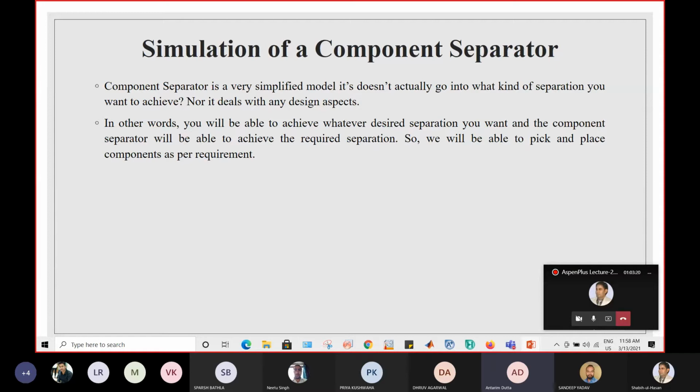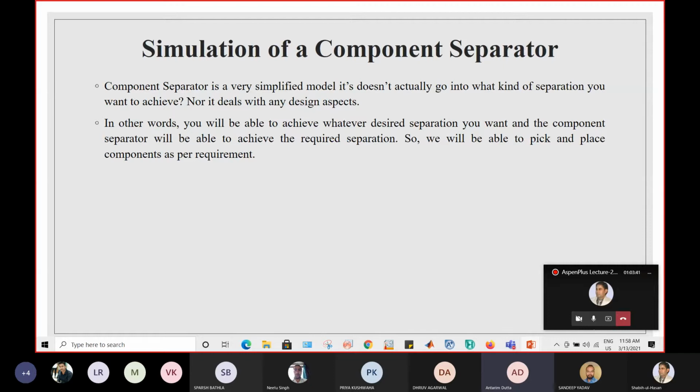You also have gone through models like this in your process stoichiometry part, I guess, since the first mass balance or energy balance we used to apply was on this particular model, that is your component separator, where you used to have only three streams: one is your feed stream, one is your top outlet, and one is your bottom outlet. So in that way, this particular component separator works.